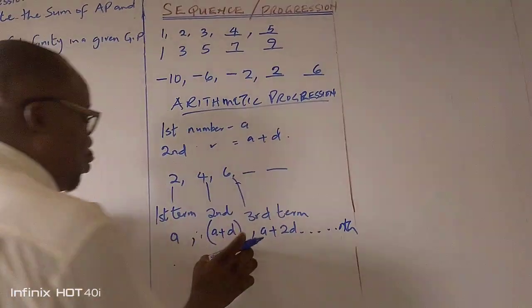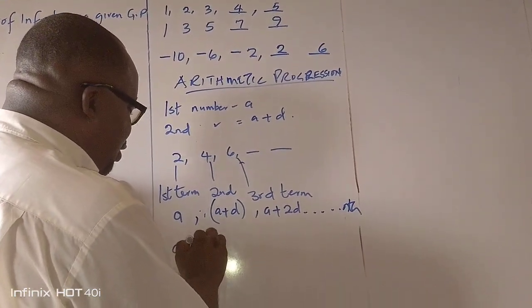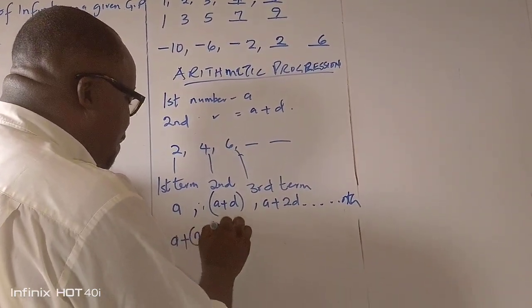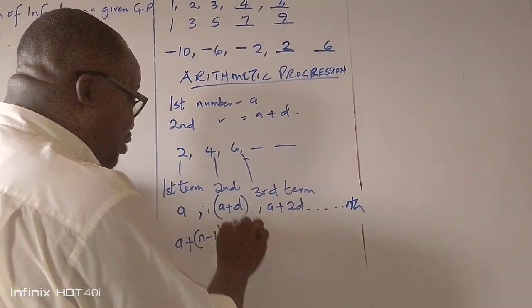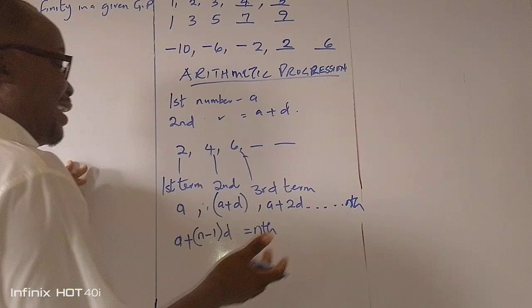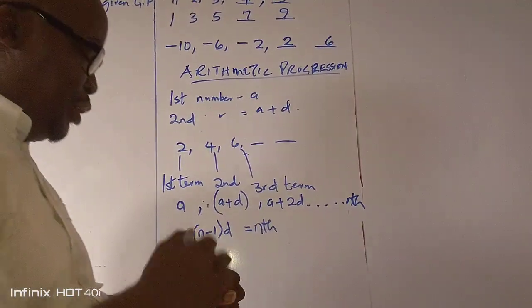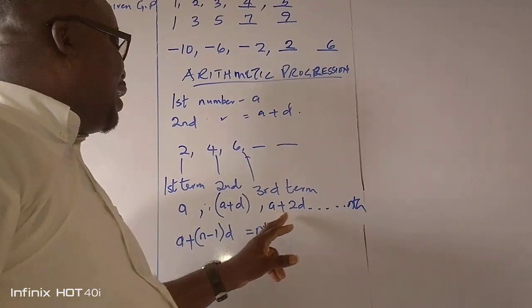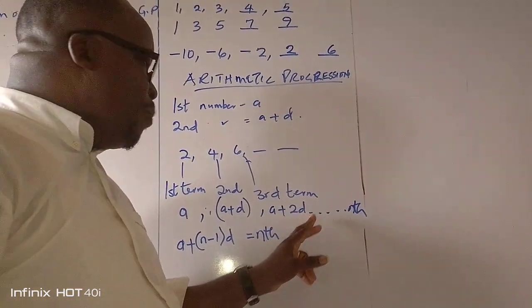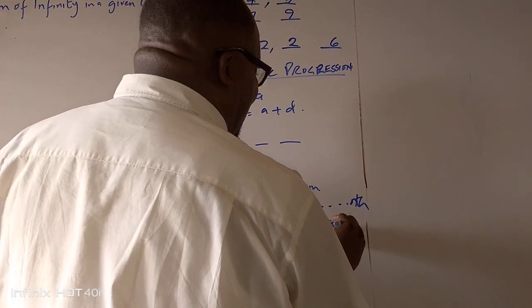The nth term will follow a pattern, which will be the first term plus the number of terms minus 1, times the common difference. How did I get there? Look at the second term. The second term has A plus D. The third term has A plus 2D. So meaning that the fourth term, for instance, should be